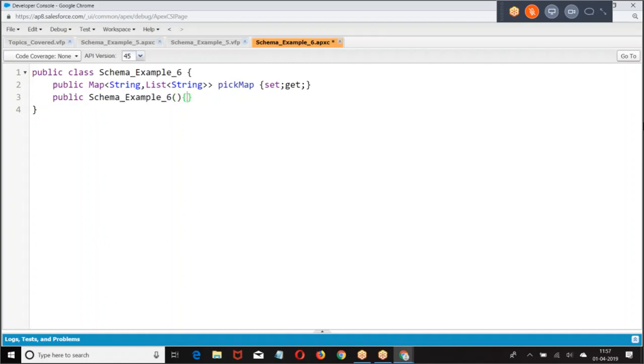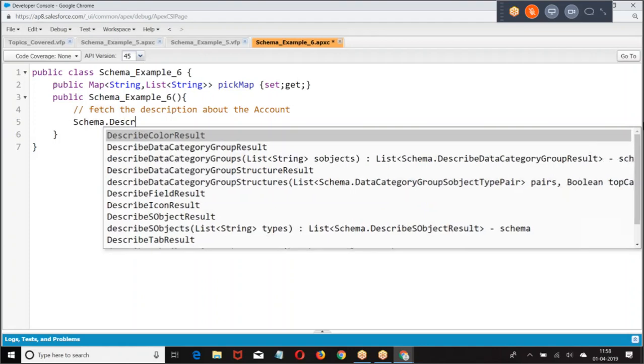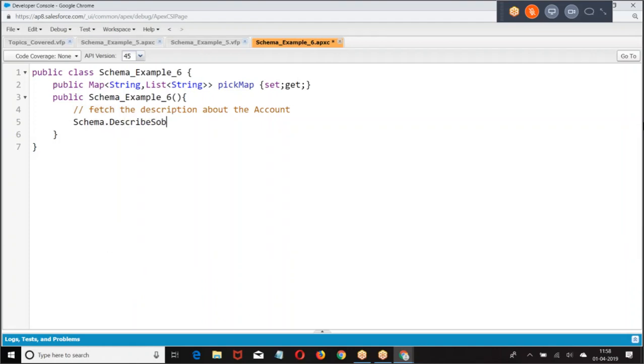From which object you want to fetch the fields? How do you get the description? Schema dot account dot.